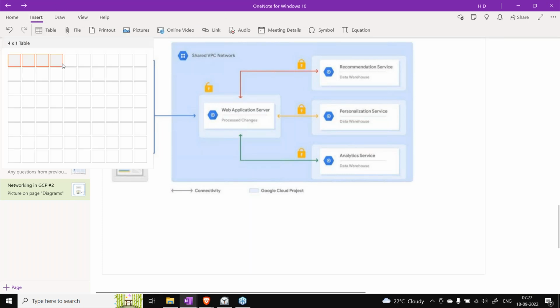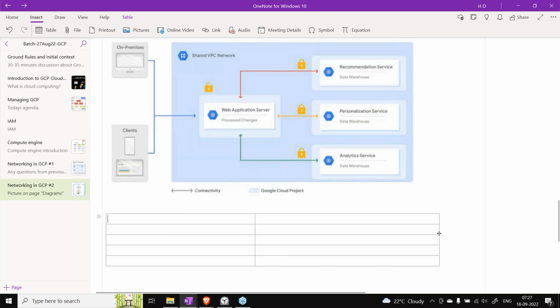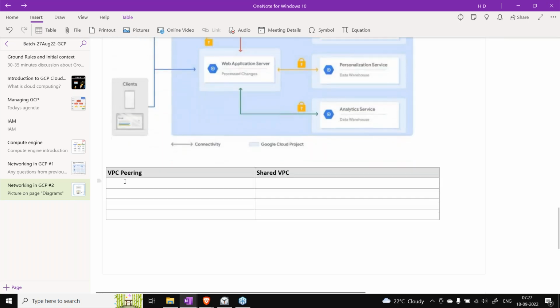So that's where we'll have shared VPC. Let's also understand how it is different, right? That will be easy to understand. So, VPC peering and shared VPC. As we said, it can be in the same project, the same org, or in a different org itself, right?